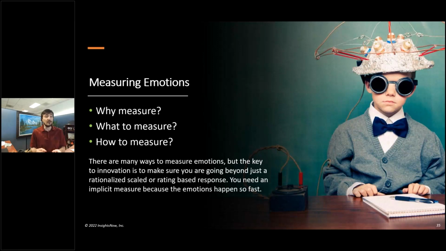That's really true. Now, if you do implicit testing with emotions, you're going to see that negative impact. Whereas if you just throw scales at those same people, they'll say, well, where would I put my emotion? I'll put it here. So emotions are so fast and fleeting, you definitely want to grab an implicit measure to get there. All right, let's take a little bit more look at the case study that we had with Beyond Burger and current burgers.